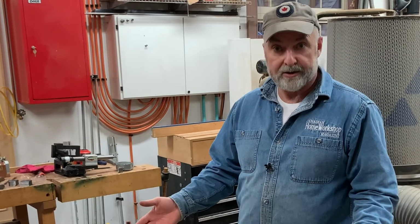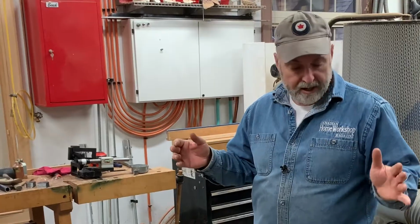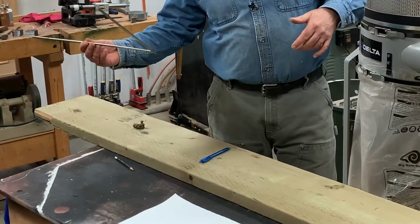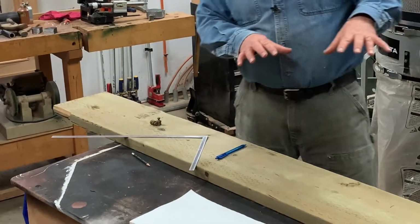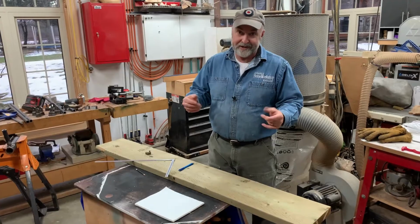But other than that, John's challenge was laying out what are called stair stringers, which are the side pieces that actually hold the treads on a stair. And that's what this video is all about. I'm going to show you how to use a carpenter's square to lay out stair stringers. It's really pretty simple once you've seen the trick, plus a few additional things you need to know about how to handle the bottom of the stringers and the top of the stringers so that it all works out fine